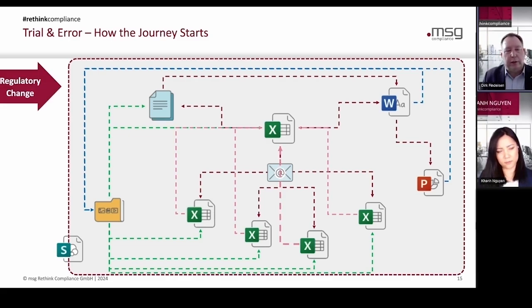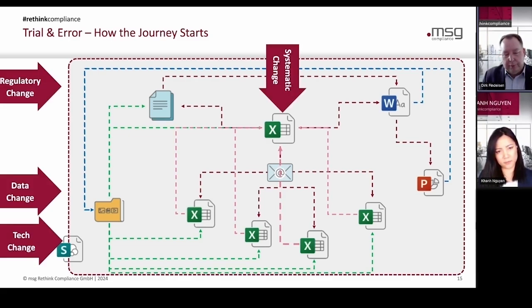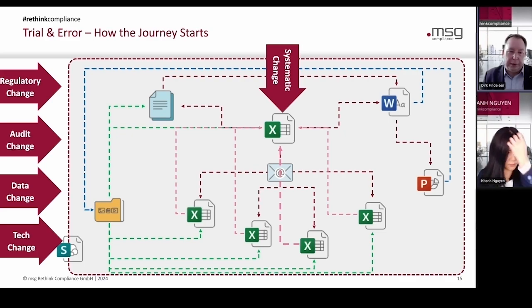But looking at all these dotted lines will give you an understanding that maybe providing data consistency in this construct is also quite a heavy challenge for you. And then let's assume that you have a regulatory change hitting your system. Now you have to think about how to get new products coming with new risk in, how to get it inserted in your Excel. Or you have a systematic change because someone is requesting you to do the whole risk aggregation in a different way than you do it now.